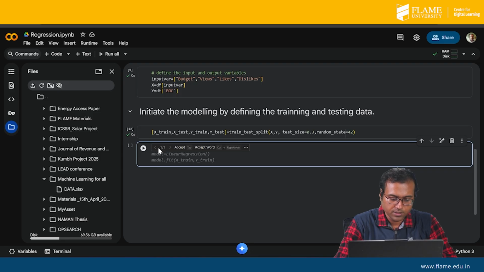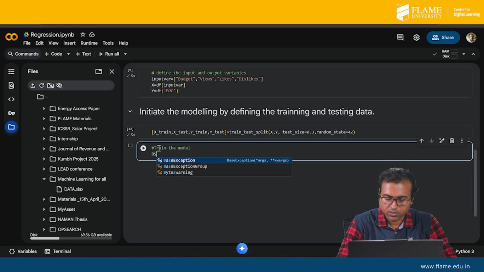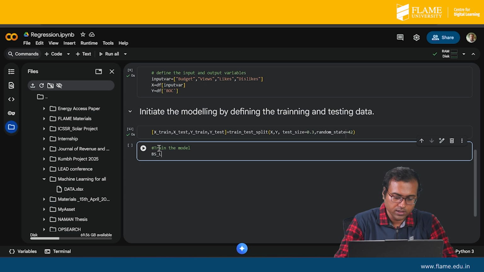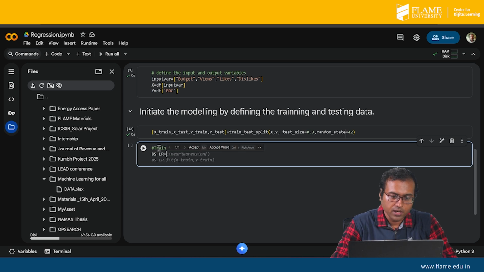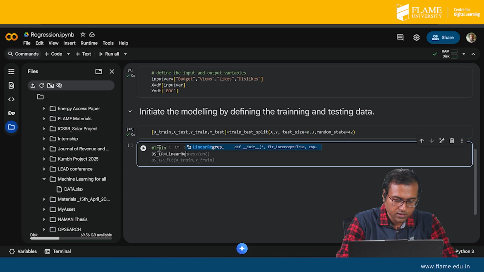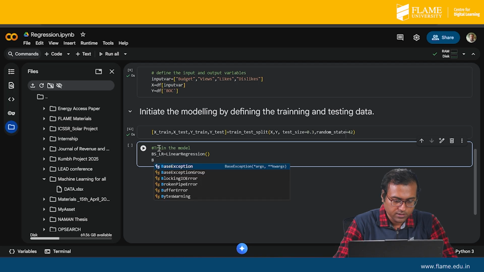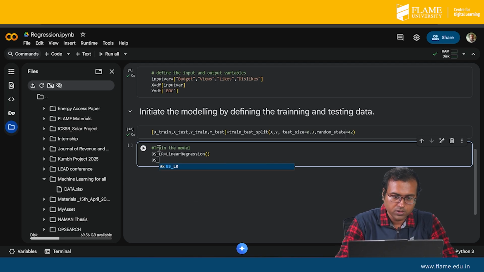So in this case I'm writing BS underscore linear regression, that is my model name, and here I'm writing the same function name, linear regression. Then you have to write how you want to generate the model. So in that case BS underscore LR